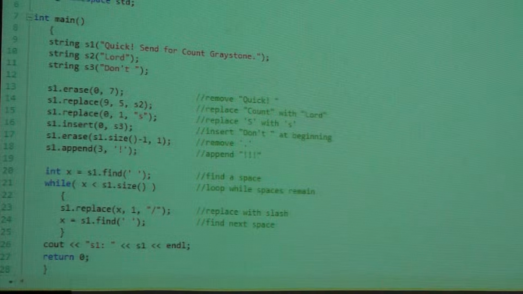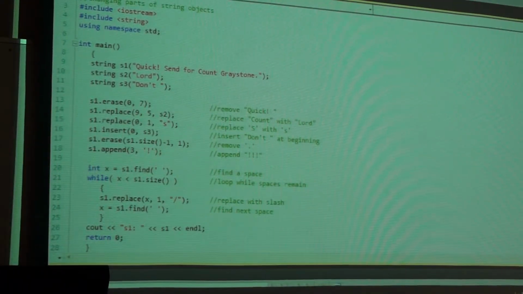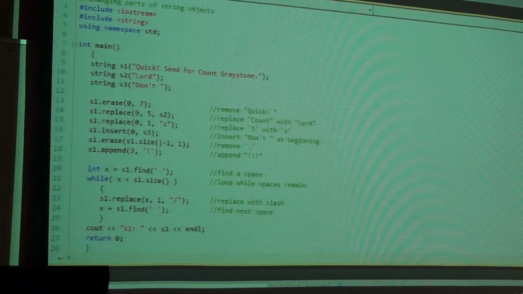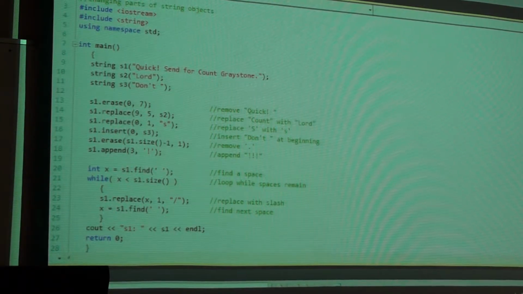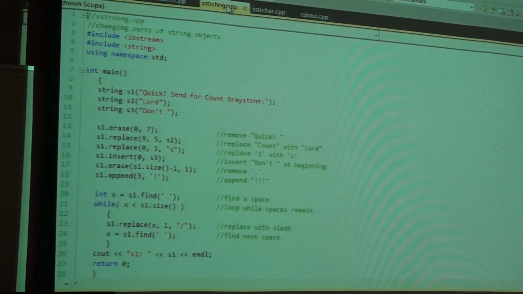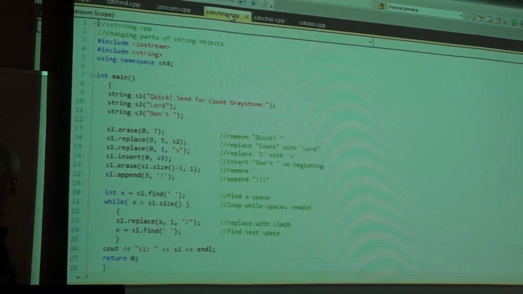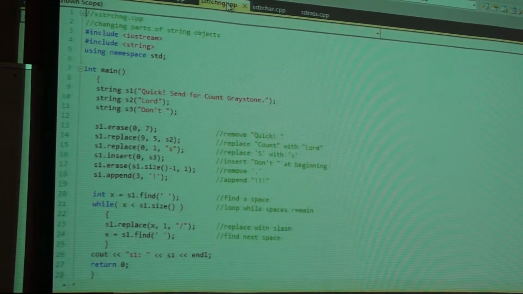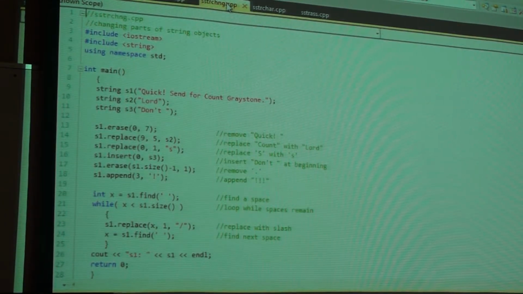Starting at 0 through 7, get rid of those, the first 7. Replace, starting at 9 for 5 with whatever is in S2. And insert, starting at 0, whatever is in S3. And erase, and then there's some argument here, the result of another size operation, or append, or find. And the list goes on.